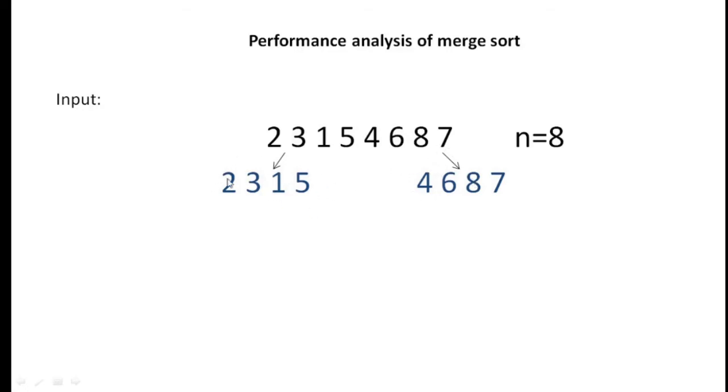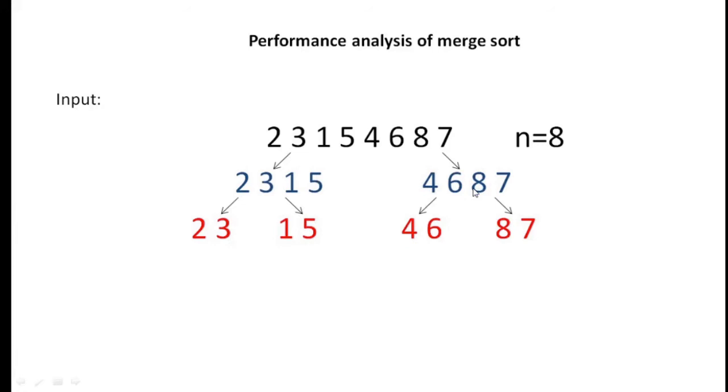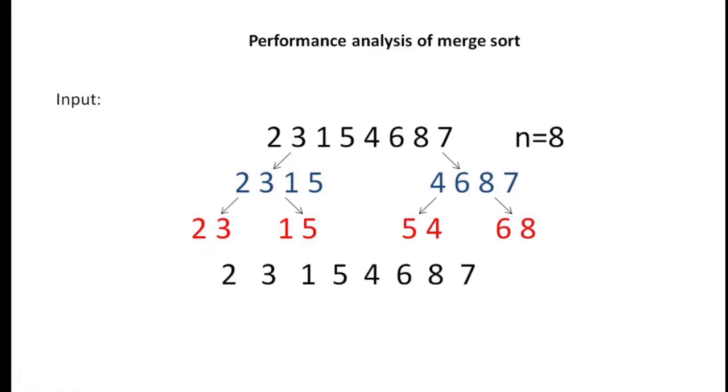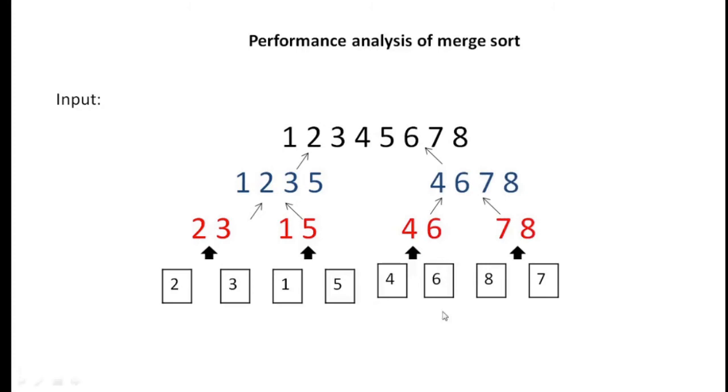Now these 4 elements would further be divided into lists of 2 elements: the list having 2 elements, then another list having 2 elements, and so on. And further these 2 elements will also be divided until we reach one unit element. We are not going to stop until we reach a single element. So here we have divided this, and now we are going to merge it.